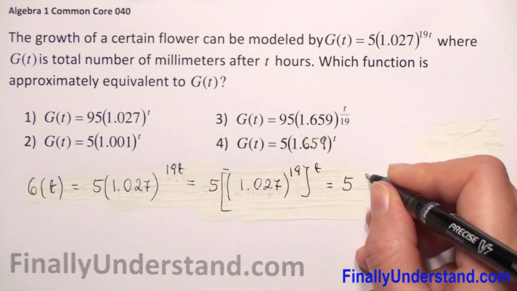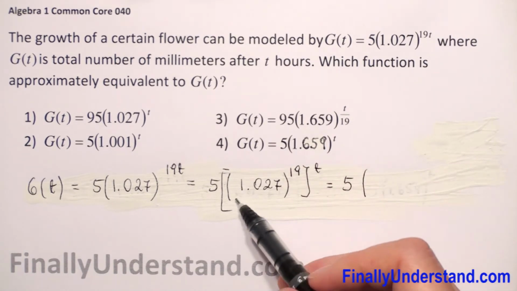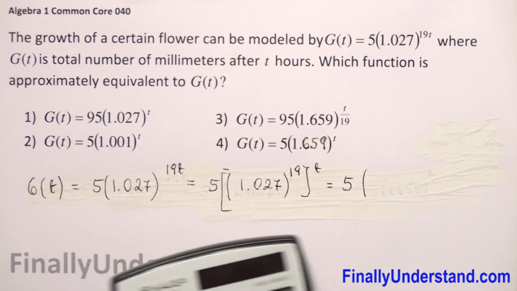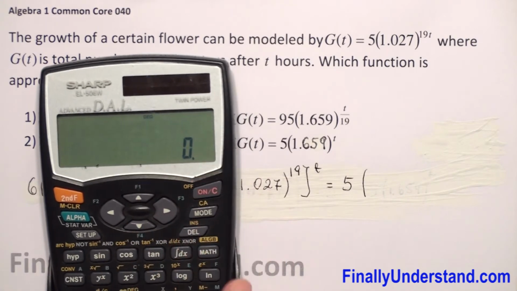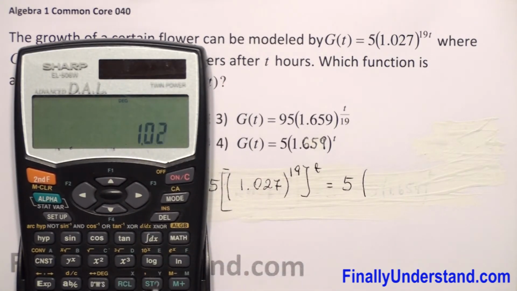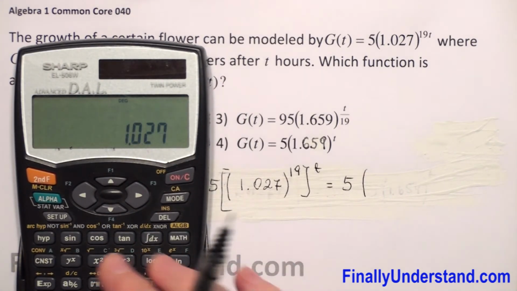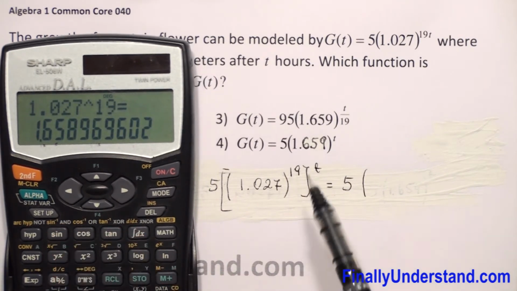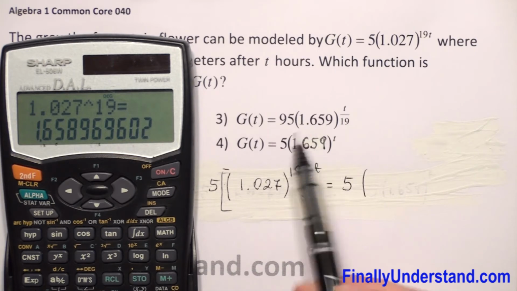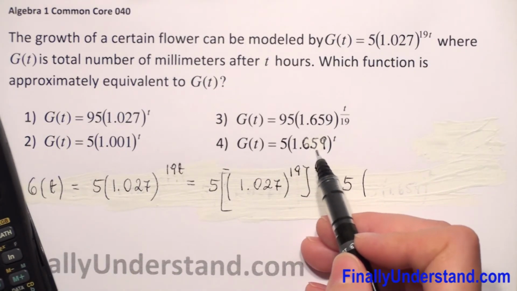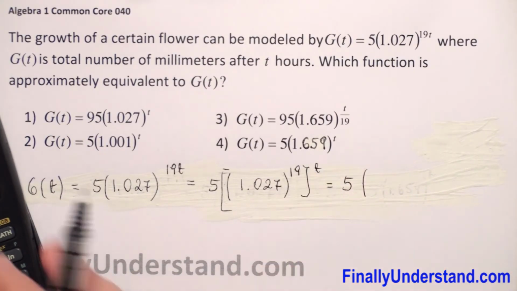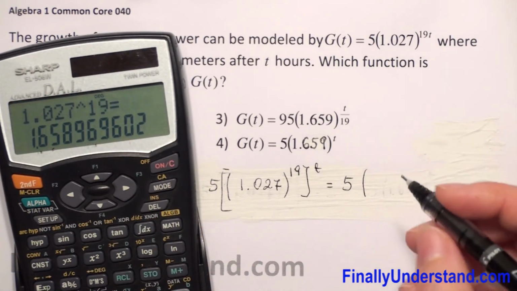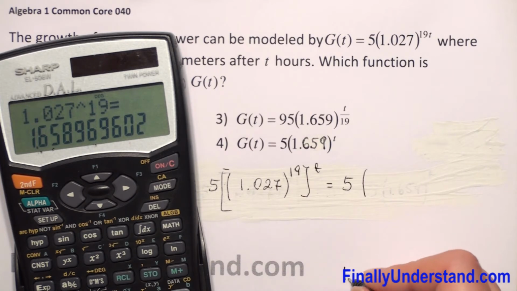We copy, and now we can do this operation in the brackets. So we have 1.027 to the power 19. We got an infinite number, but because in the parentheses we have 3 digits after the decimal point, I will round our solution to 3 digits after the decimal point. So let me copy this number first. We have